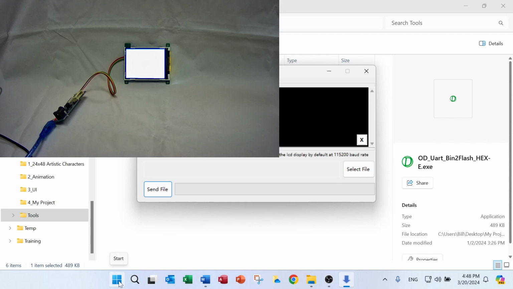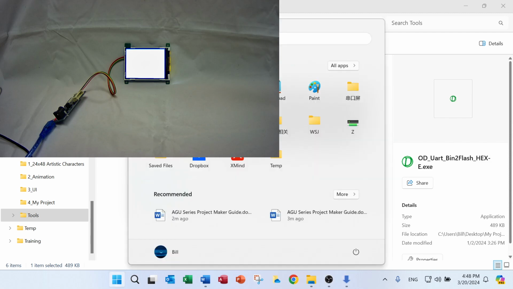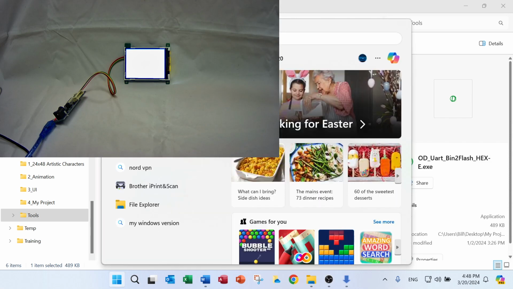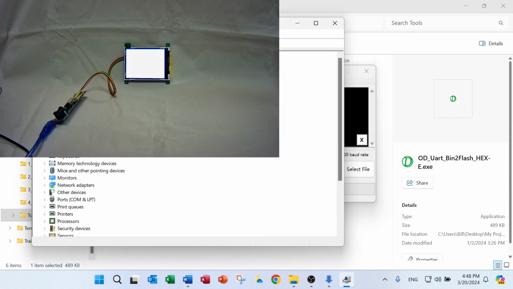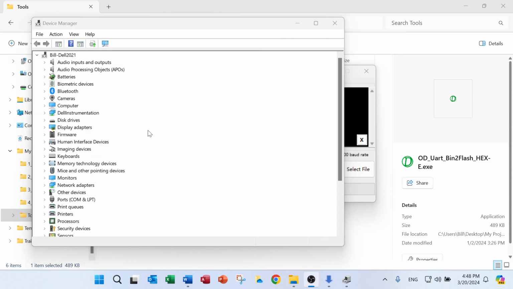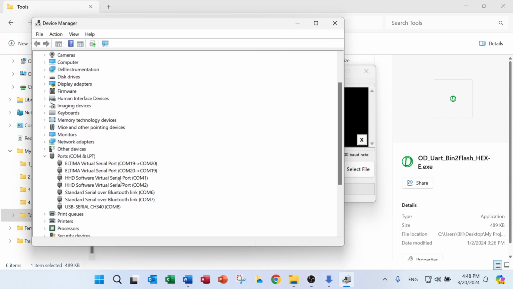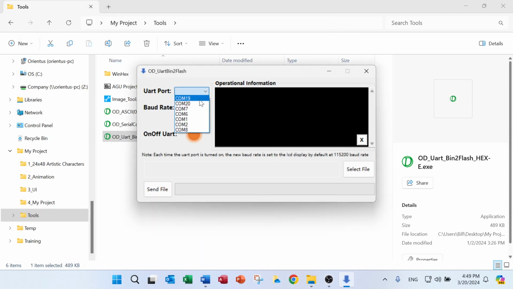And as you may remember, we confirm the port using the device manager. First, close the camera, okay. And then we can see it is USB serial, that is COM8. Yeah, the port changes sometimes. Okay, so in that case, we connect to COM8,